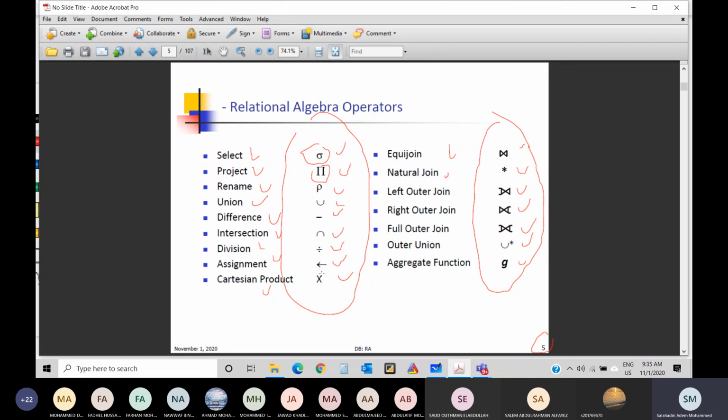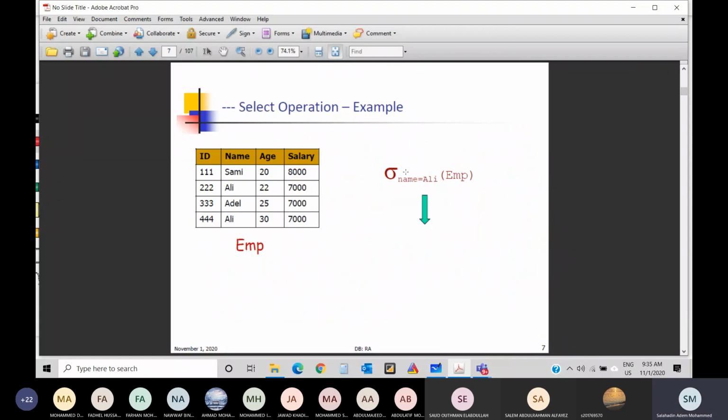So what I will do is to teach you this language. I will just use the same technique I used when I was teaching SQL. So I will use examples. So let's start with the first one, the select statement. This is how it looks. Select from the employee table. So you put the table in brackets and you put the condition here. Now this one is equivalent to what?